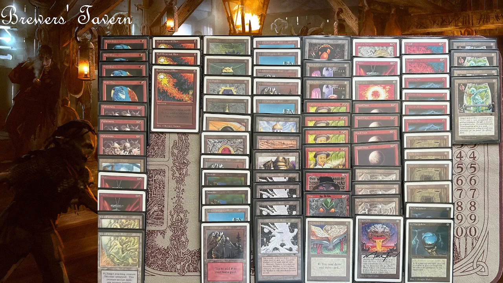So yeah, as you might have recognized, I am not running a lot of artifact removal, hard removal like Shatter. I have 1 in the main board, 2 in the sideboard. I'm not going for the full playset because I have Aladdin. There's basically no better way to steal artifacts, right? And